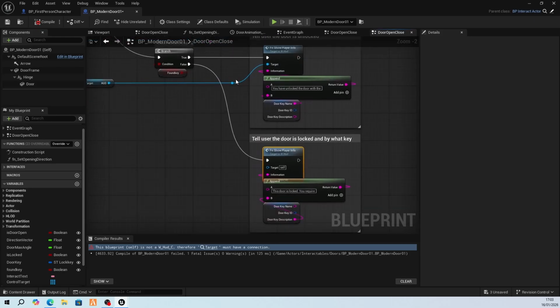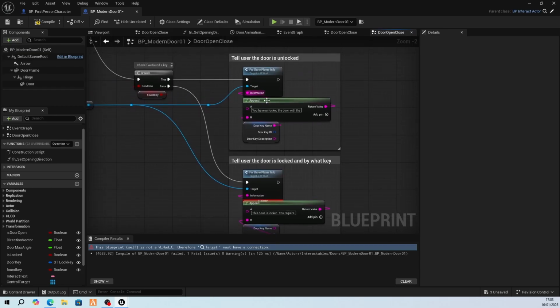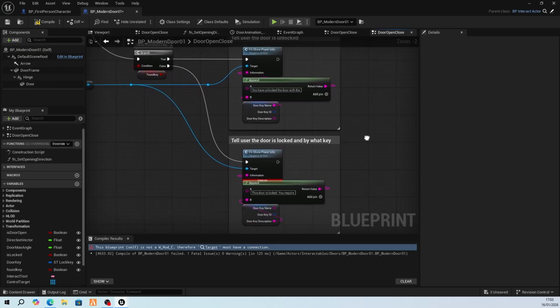Oh, I haven't put the HUD in. My mistake. Bring that back. Make sure the HUD's in there, otherwise it won't work. Let's bring that down. Sorry, I like to level things up. There we go. So yeah, tell the user the door is unlocked, and